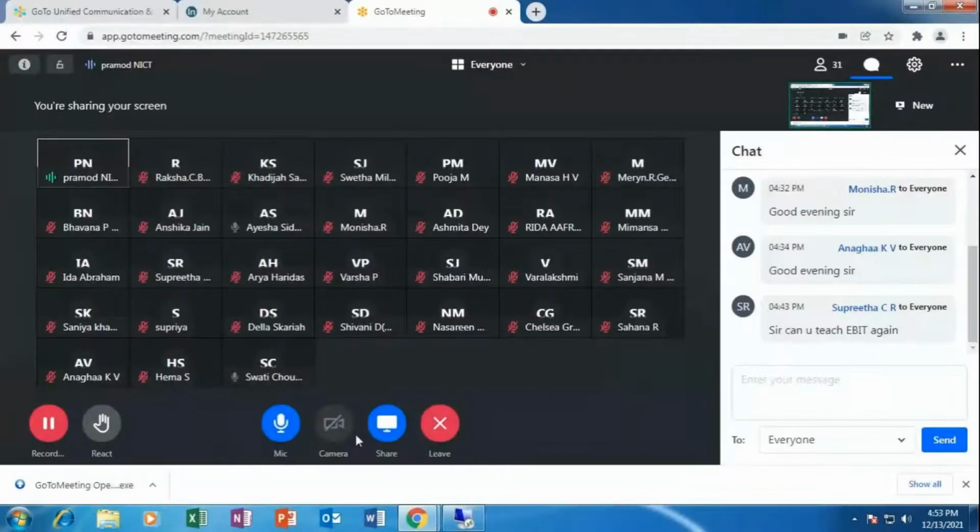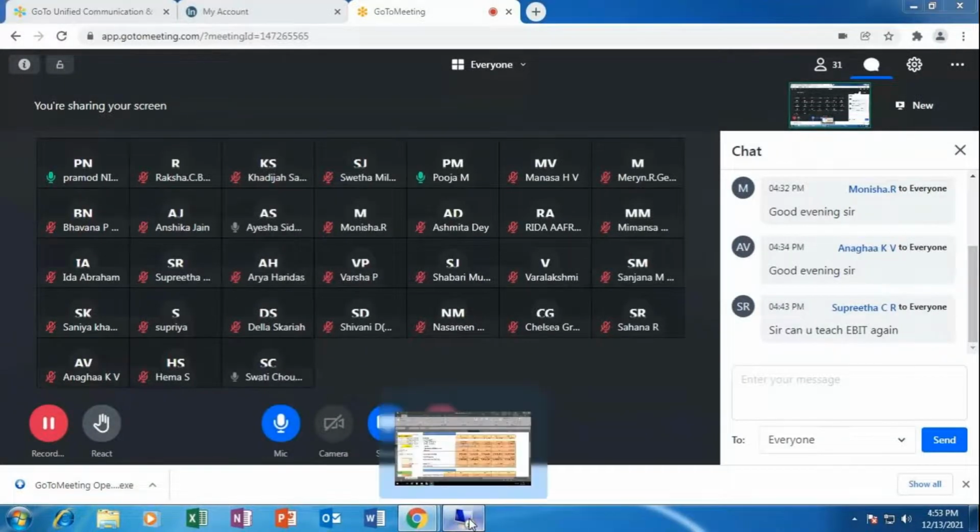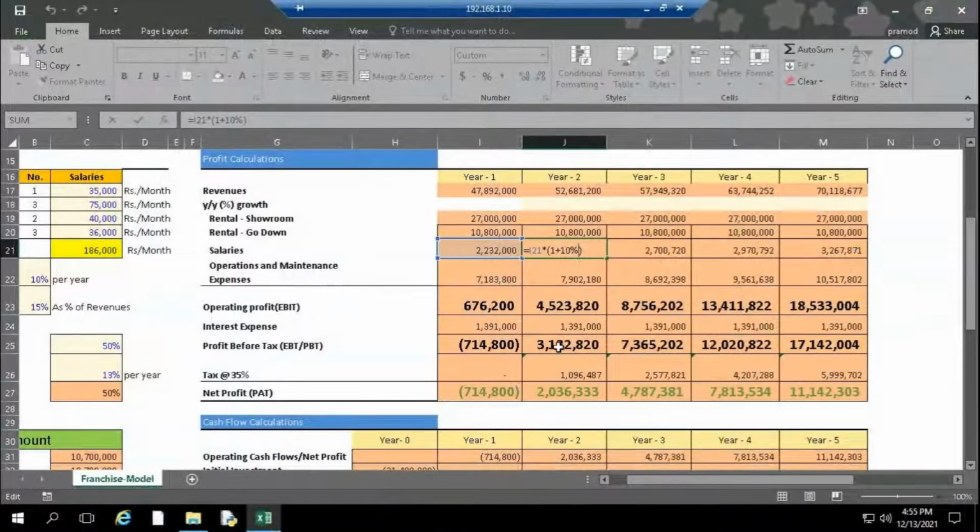So for salaries, like we have to select the total salary